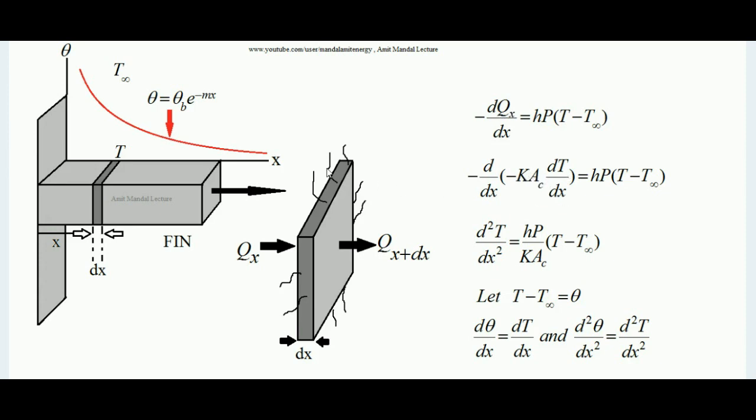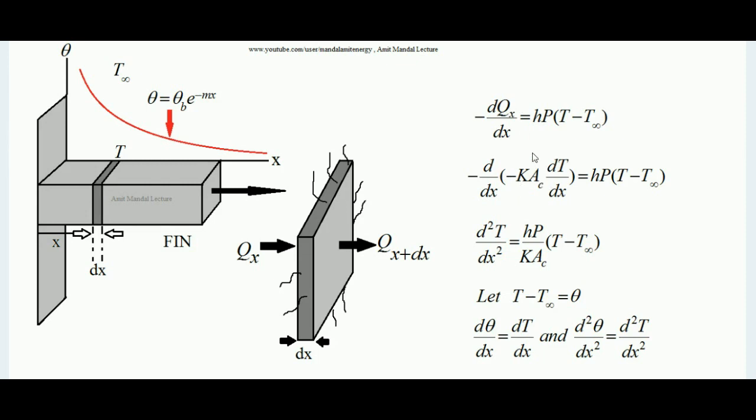Here k is the thermal conductivity of the material, Ac is the cross sectional area, the area of the face of this thin section of fin, and dT by dx is the temperature gradient associated with this thin section. This is what Fourier's law is. Fourier's law says that the heat transfer rate is given by q equals minus kA dT by dx. K is the thermal conductivity, A is the cross sectional area through which heat is transferring, and dT by dx is the temperature gradient with respect to distance of that body. So keeping Fourier's formula in place of qx, I am getting this.